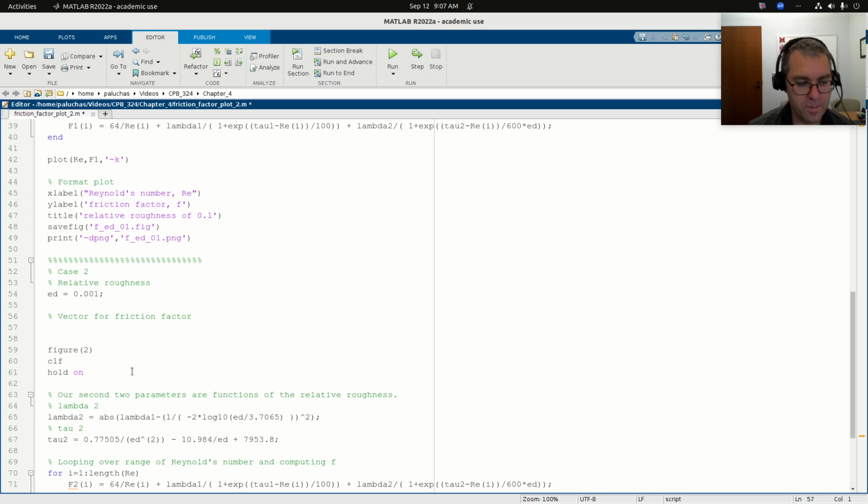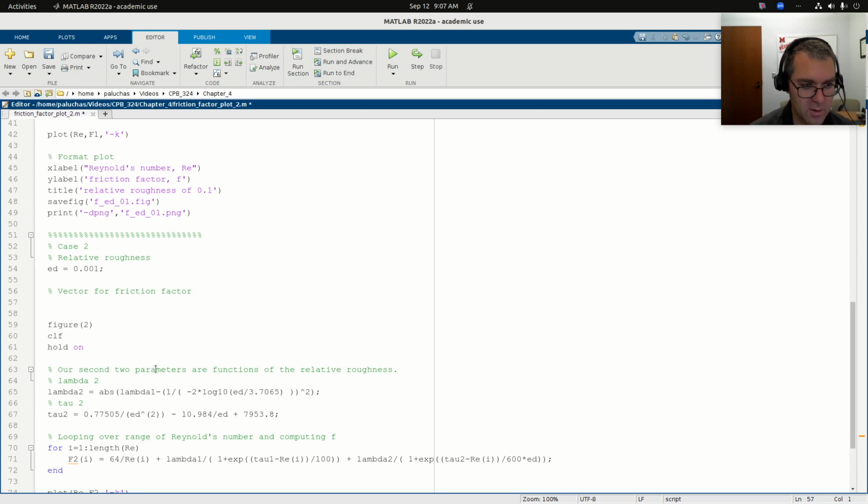And creating this vector of zeros is also beneficial, because if a vector of F2 values existed before, essentially I'm deleting it and creating a new one. So it prevents any issues when we run our code consecutively if anything were to change. So I'm going to do zeros, and I'm just going to do 1 comma length